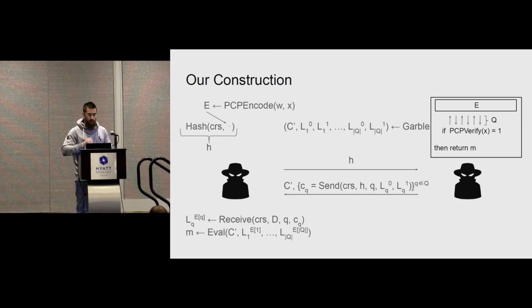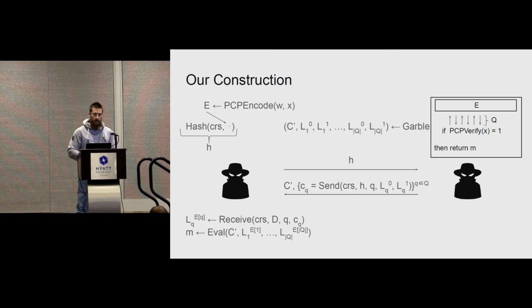It probes the PCP encoding E on a constant amount of locations, polynomial for negligible soundness, and then if indeed everything was fine, it returns M, otherwise it returns bottom. So then, given the scrambled version of this circuit, the party on the right can just send it, which is